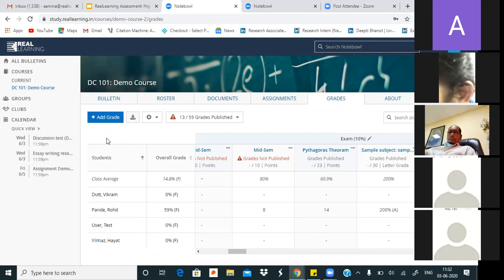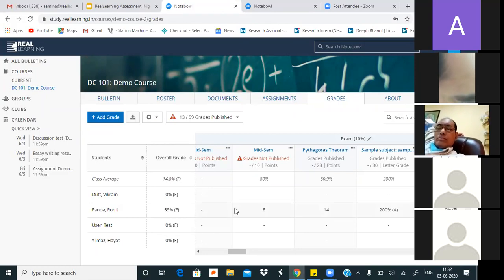The other thing that teachers can do is the grade book that you are seeing in front of you right now, which is topic wise, where each student's marks are listed out. You can also export a file. You can simply download it for your reference, and then you can go ahead and upload it anywhere, and you can edit student marks. If you want to add or subtract anything from it, teachers can do that too. From here they can do it, but also they can download it for themselves as well.